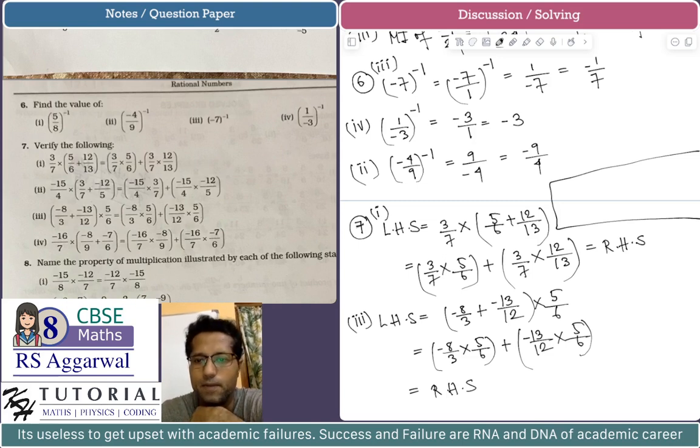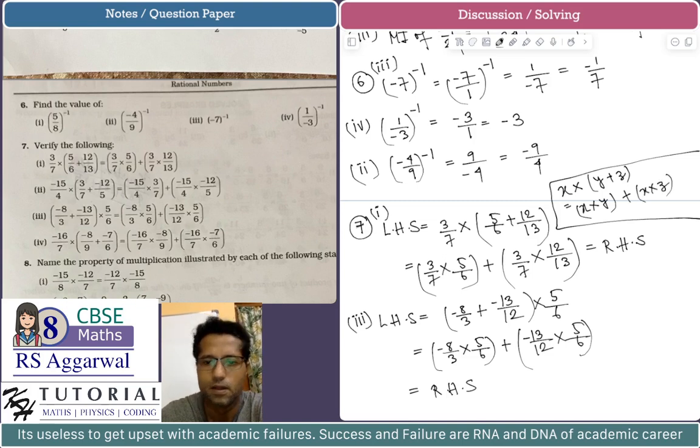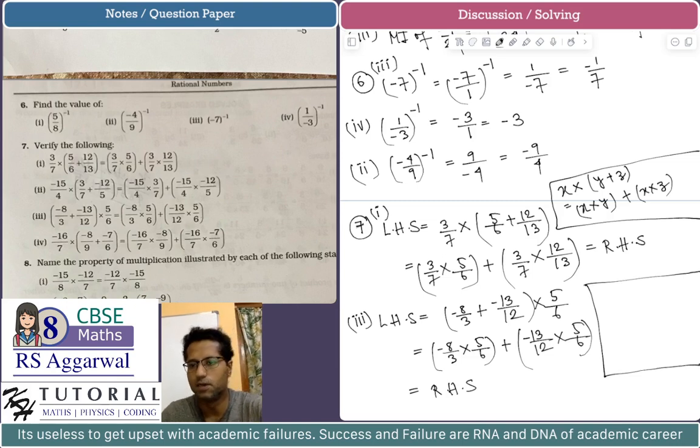I applied the distributive law of multiplication over addition like this. If we have x multiplied by y plus z, we know this is equal to x multiplied by y plus x multiplied by z. And for part 2, the formula,